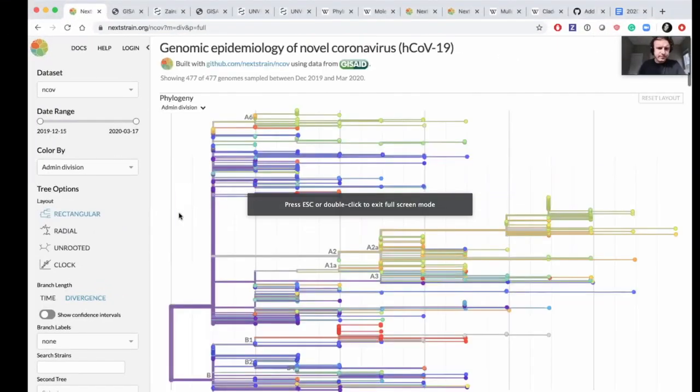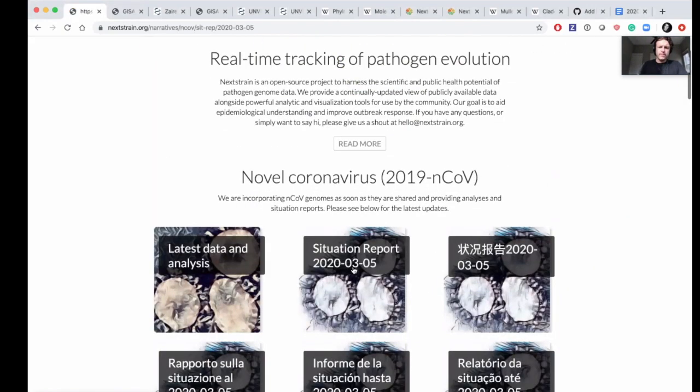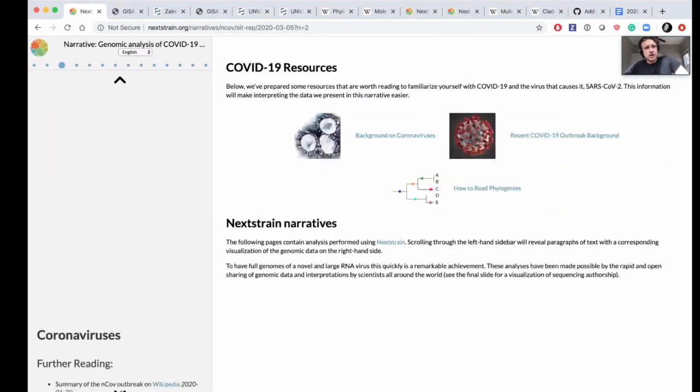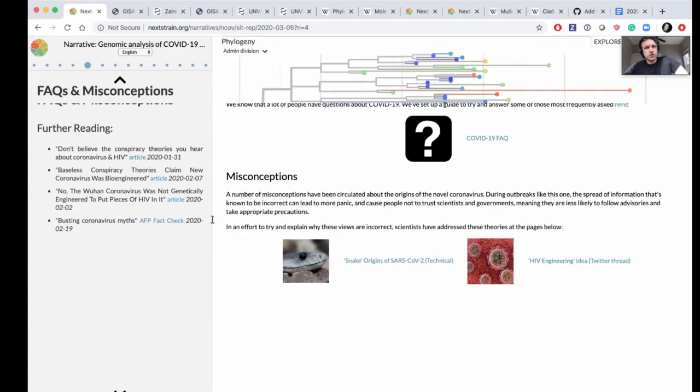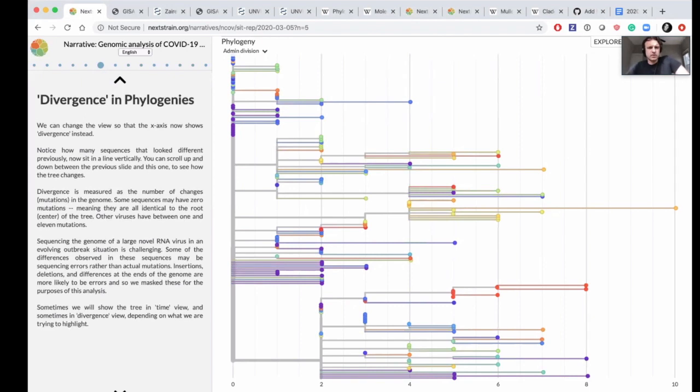If we go back to Nextstrain in general, you can see that there's a situation report here. The situation report replaces the left sidebar, where the left sidebar was driven by the user, and the user was telling stories. Now, the left sidebar is driven by the URL, and this is a markdown format. This was done by developers in the lab after I left. This is a really awesome addition to have mobile